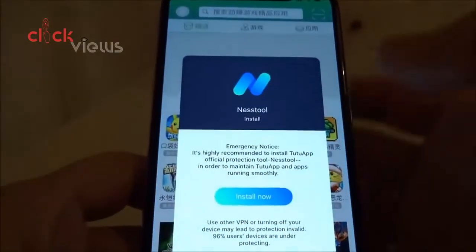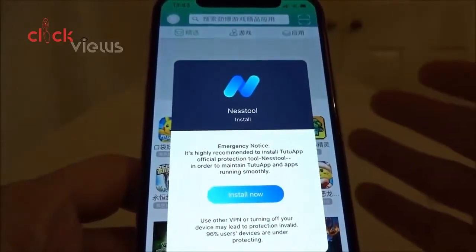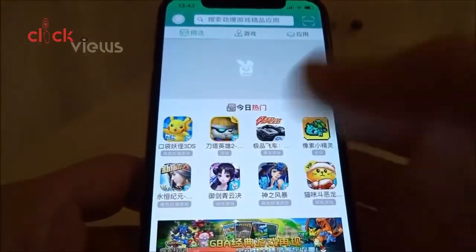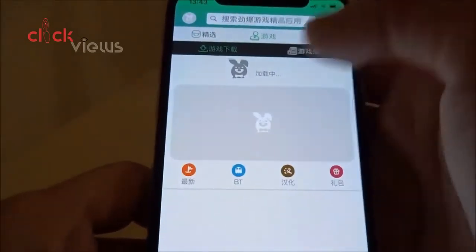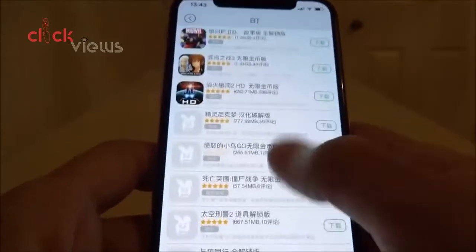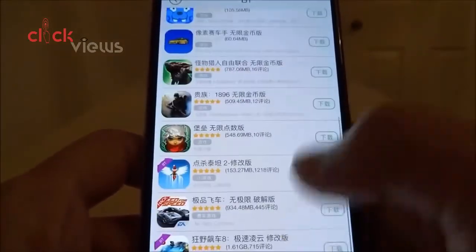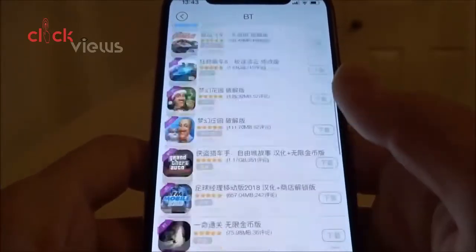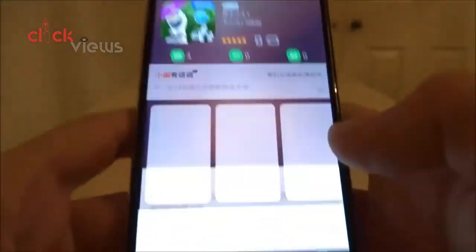And I've also added the green version of Tutu because it has the hacked games all in one place. For some reason the English version doesn't have that yet. So once again it's going to offer you Nestor. You can just hit install and then cancel to get past that. So for the hacked games just hit the arcade stick, then BT, and just refresh if it gives you not loading. And there you go. These are all the hacked games, all in one place, so you don't have to use keywords like infinite, IAP. You still might even miss some in the English app. And it's the same. Just tap, get,